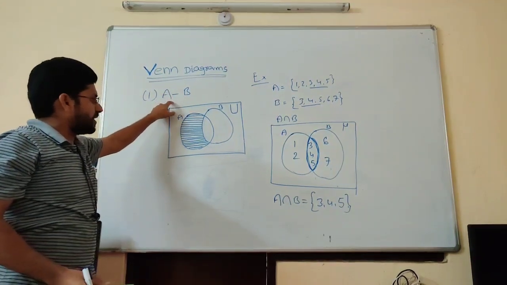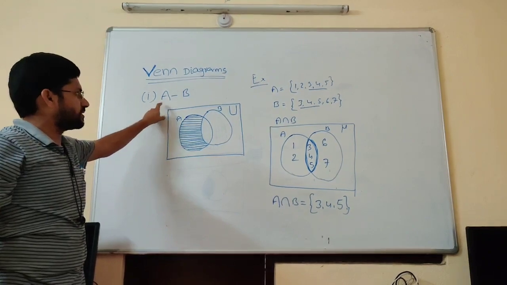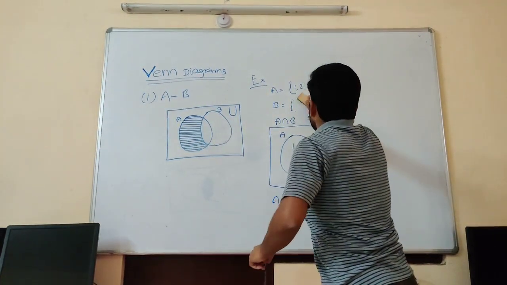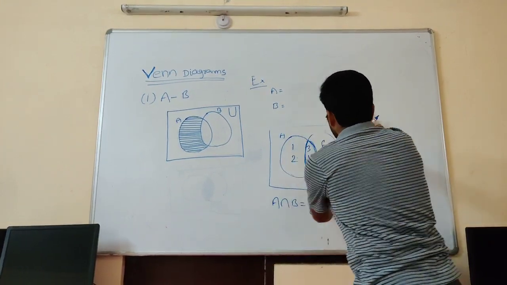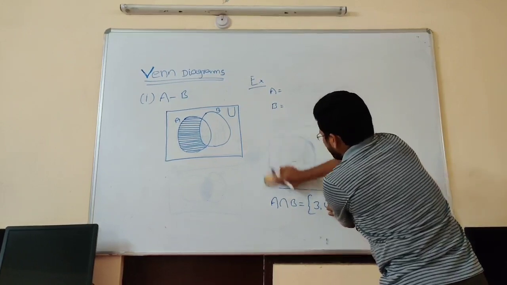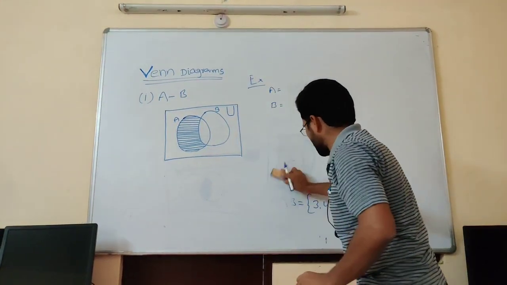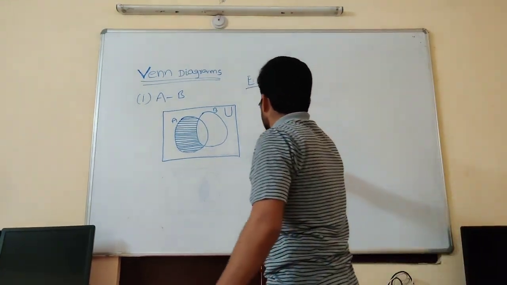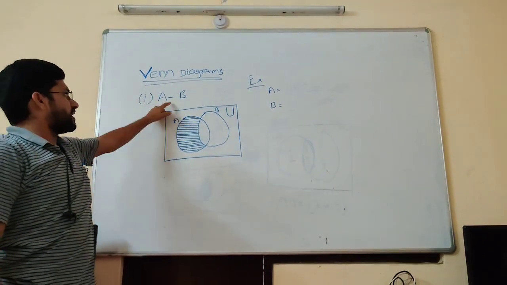For the same information, if you want to take one example, we'll go for one example. A and B are the two sets. We can take any elements, not only numbers, we can take variables also, or any names, or any place names, anything you can take. Now A and B, A minus B.